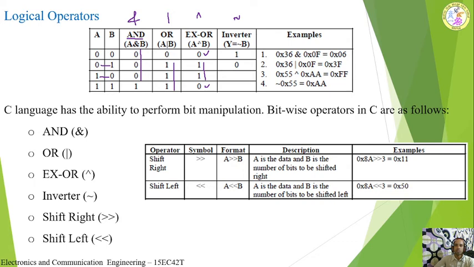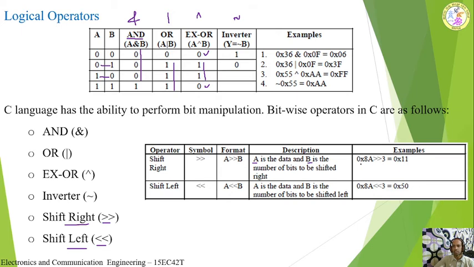These are some of the logical operators: AND operation, OR operation, XOR, as well as the inversion. Along with that, we have two more operators called shifting operators. Shift towards the right side or shift towards the left side a number of times. We can write the value for how many times we need to do the shifting, right shift or a left shift. So double greater than and double less than we use for right and left shift operation respectively. For example, if I take A right shift B, A is the data and B is the number of bits that has to be shifted right.